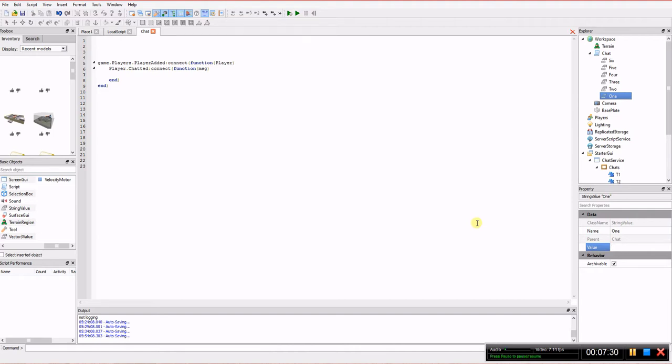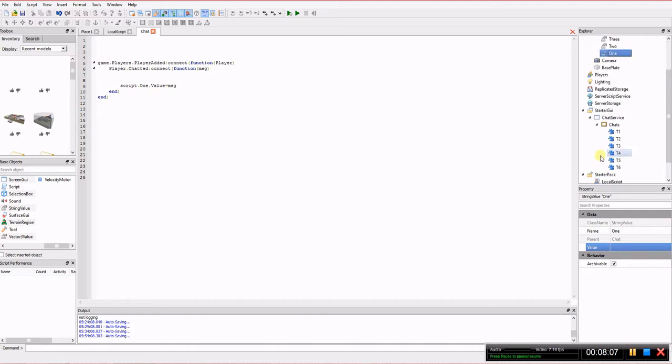And since we want the message to show up in slot 1, we're going to make sure that script.1.value equals message. And that's basically the simplicity of it. You could just say message, because that's already a string, and the value needs a string. But for the sake of making sure that our GUI doesn't have message for every other slot, and we want the chat to move up the GUI, as in go from slot 1 to slot 2 to slot 3, we would need to say something like